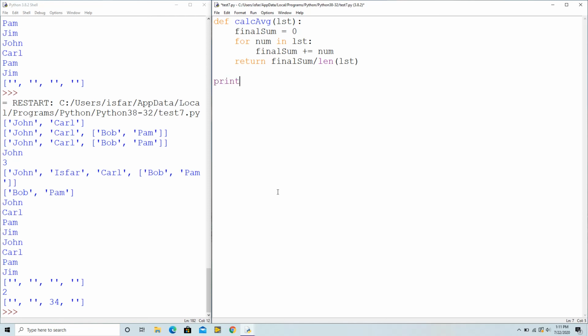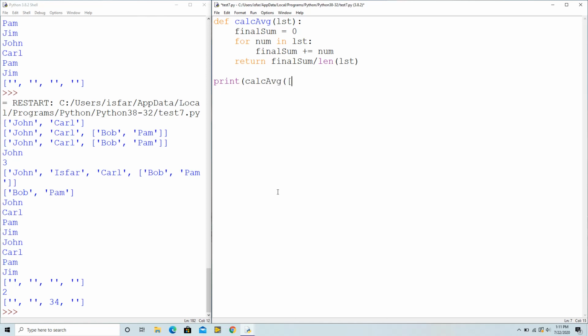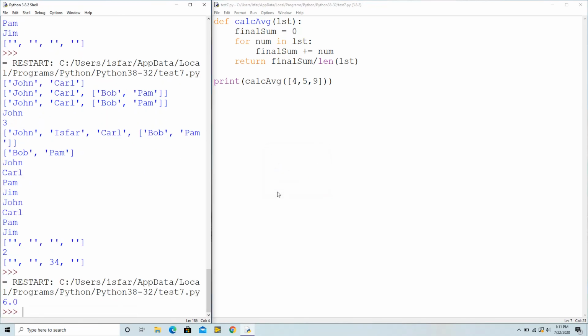And then if we do print calc_avg, then input a list like 4, 5, 9. If we do that and run that, that returns 6. So 4 plus 5 is 9, 9 plus 9 is 18, 18 divided by 3 is 6, so we know